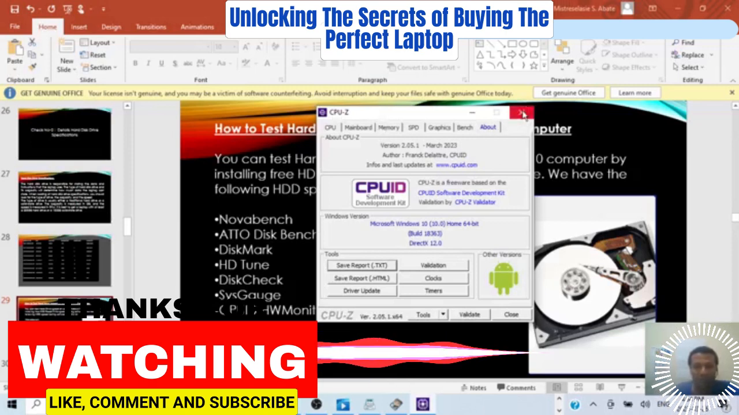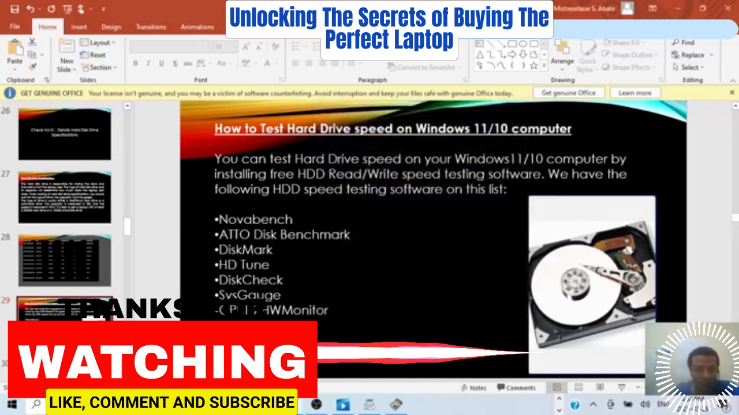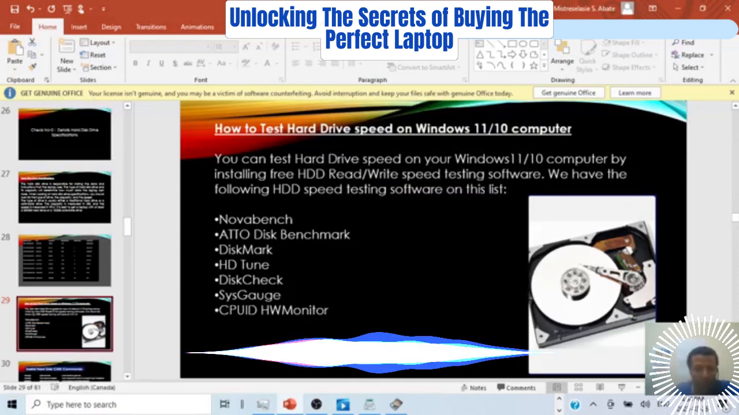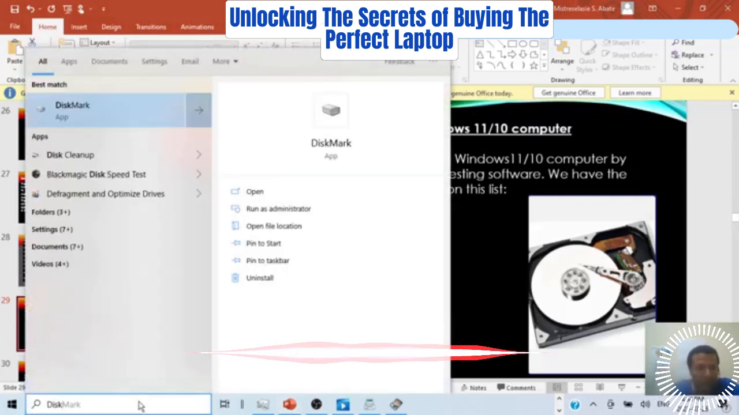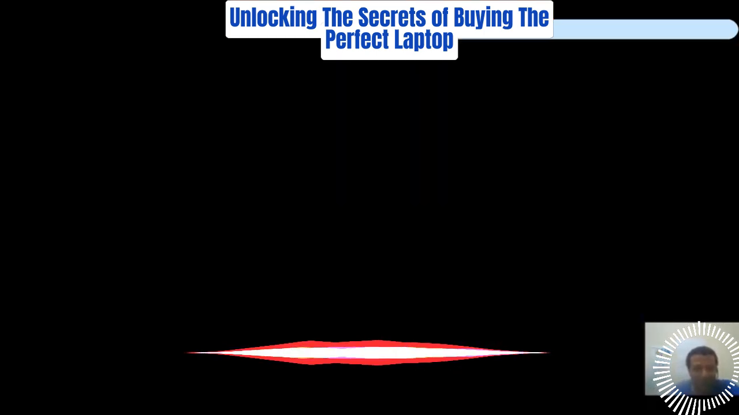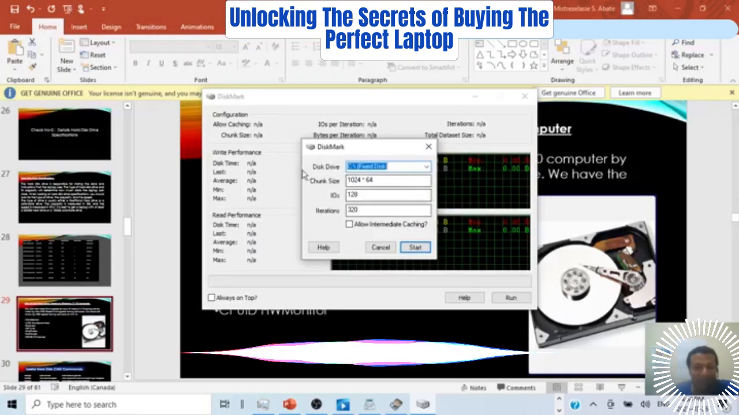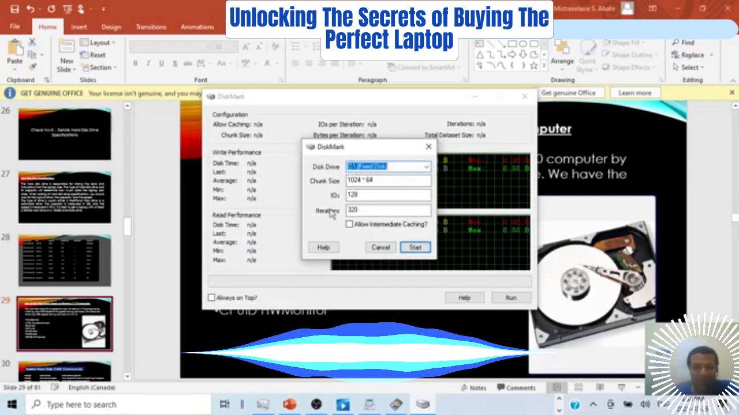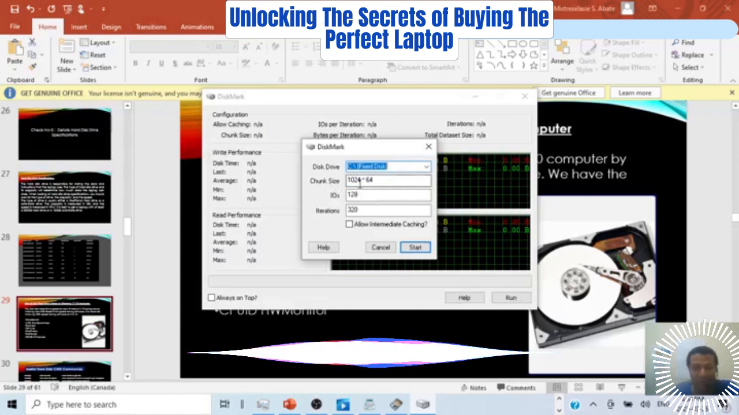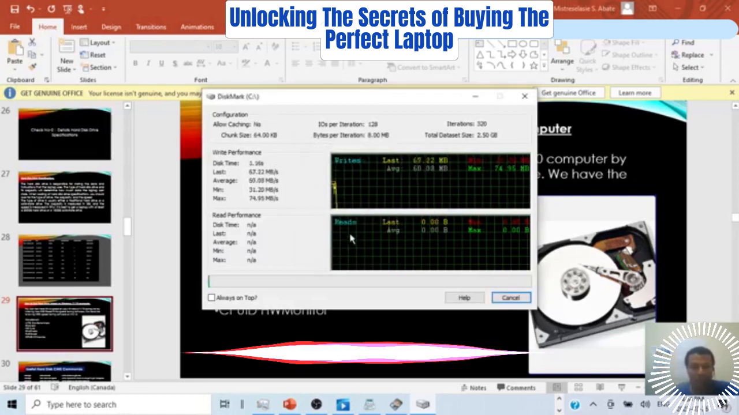So this is the other tool, and we also have the disk check, disk mark. We can check it also. As you can see, first we have to choose the drive. I have C and D partitions, so let me select C. The chunk size is this one, and the iteration count is this. Then once you start, it will give you